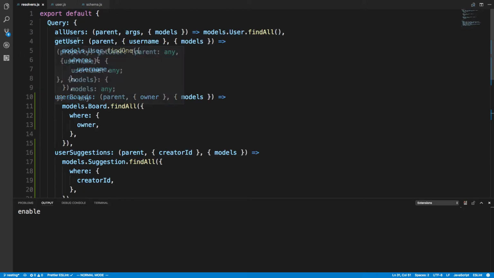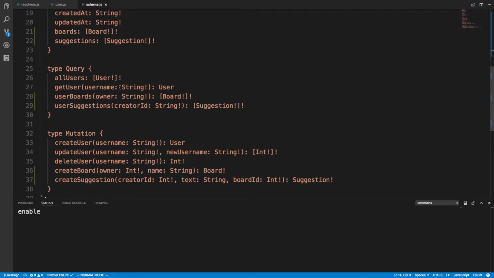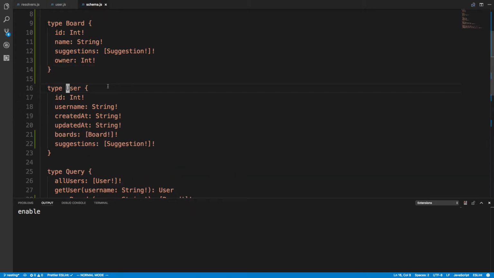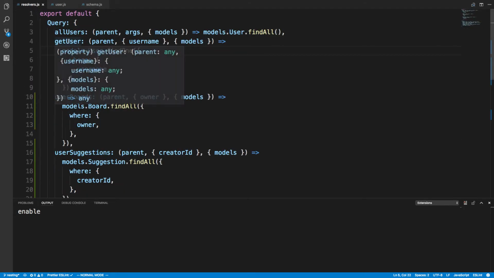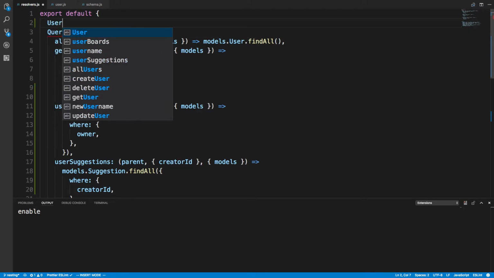Well, in get user here, we find a user and we just return a user, right? With this findOne. Well, in our schema, when we find a user, which we see right here, they have this boards and suggestions attribute. And we actually need to set stuff up to be able to access these, because when we return a user, it's only going to have these fields, but we want them to have this field and this field only sometimes though. And it's kind of a nested type in there, and so you can do something like this. So you put your user type here,